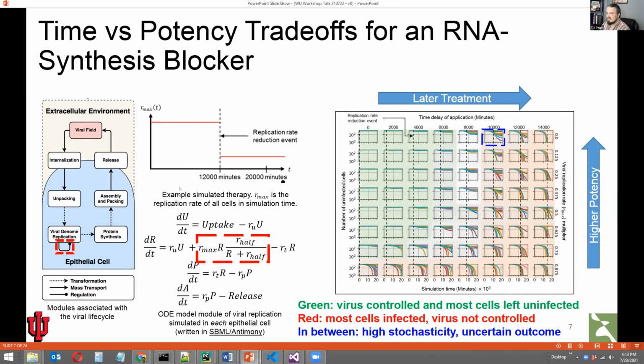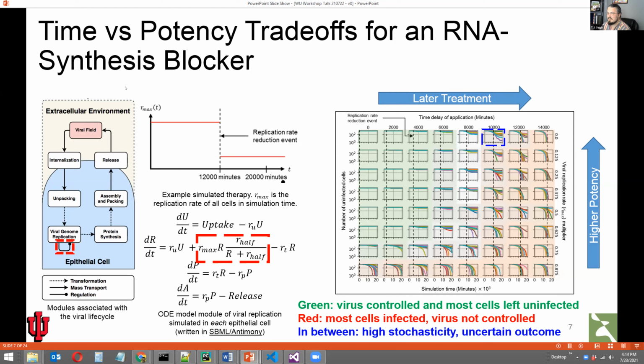What this looks like in the actual implementation is to take the ODE model and then say at some point in simulation, the therapy occurs, and the therapy's effect is to reduce the exponential amplification during the viral life cycle.